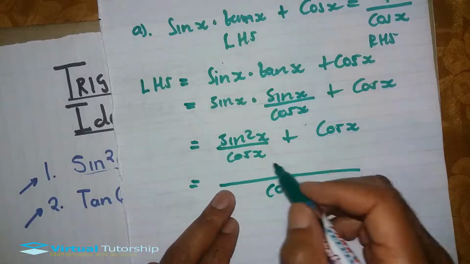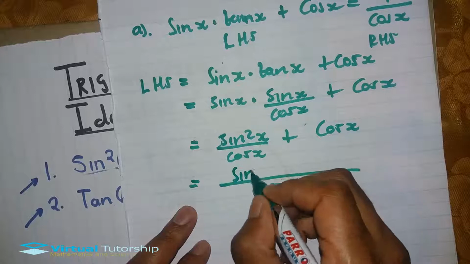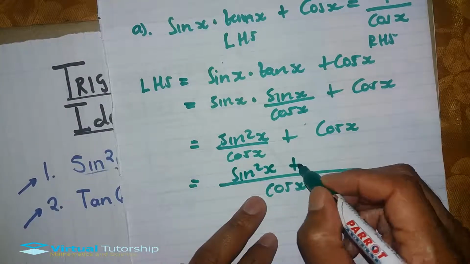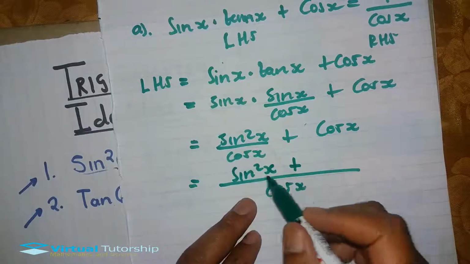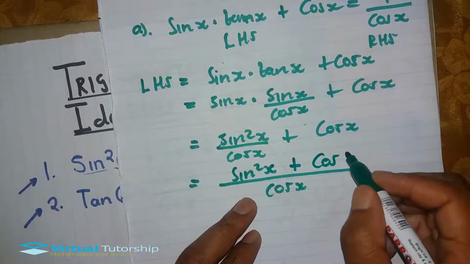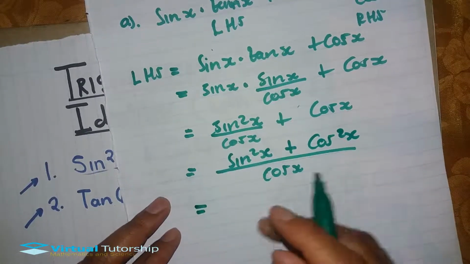So nangimultiply this term nge-LCM yami ngisala nabani, sine squared x uhlala ku-numerator plus ngithatha i-LCM yami cos x ngimultiply na this term ngithola ukuthi it's cos squared x, angisho, equal